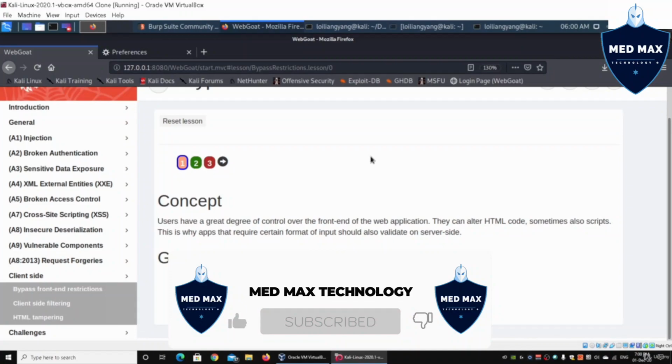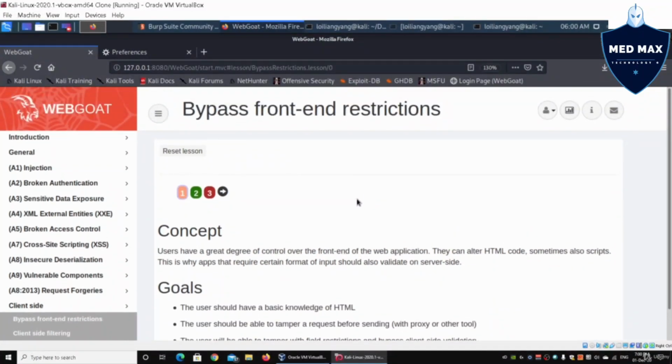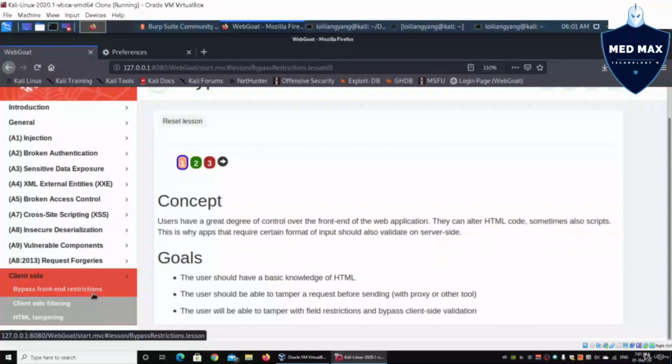Alright, so now we'll be discussing bypassing front-end restrictions. Okay, so here we are back to WebGoat once again, which is our web application penetration testing platform for us to learn all about web application security. So in this case, on the left side, we have client side, and you can go ahead and click under